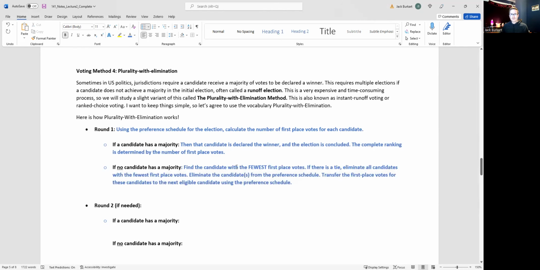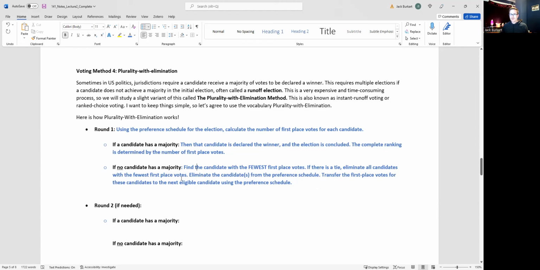We'll find the candidate with the fewest first place votes. If there is a tie, we'll eliminate all candidates with the fewest first place votes. We'll eliminate that candidate from the preference schedule. Once we eliminate that candidate, we'll transfer the first place votes for these candidates to the next eligible candidate using